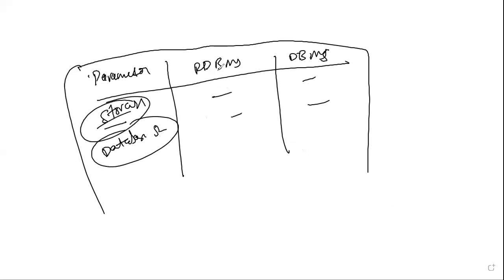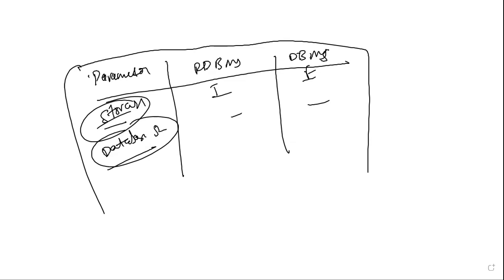Okay, so for storage, RDBMS stores it in a tabular format. It will store it in the file system, correct? So now we are coming to the second thing, which is called database structure. So shall I start with the point? Yes. Yeah, so write down.